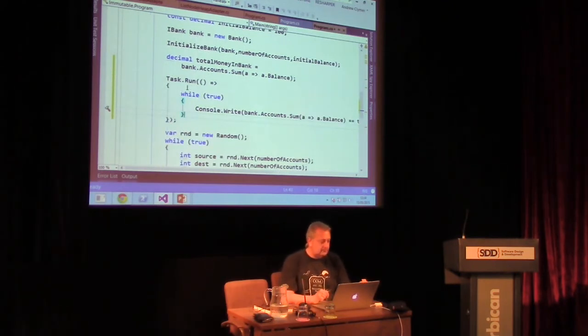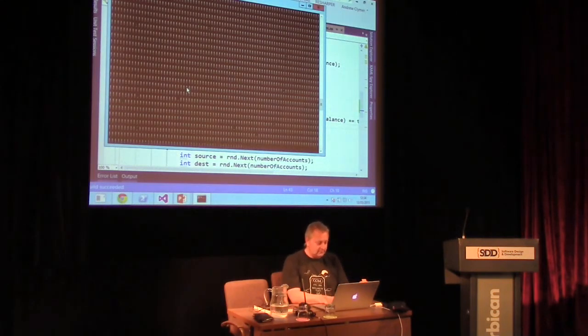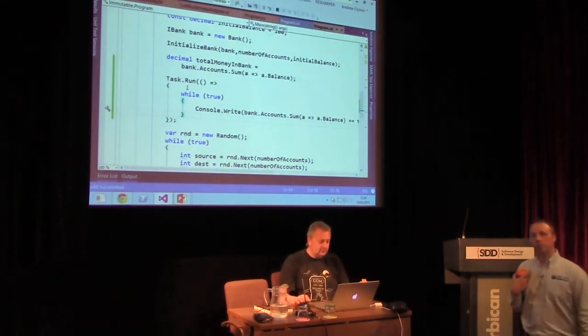Okay, so let's go and run the code. So, is life looking good in the bank? Occasionally we see a dot, but most of the time we see an exclamation mark, which is not good. What we're going to do over time now is refactor that piece of code, but